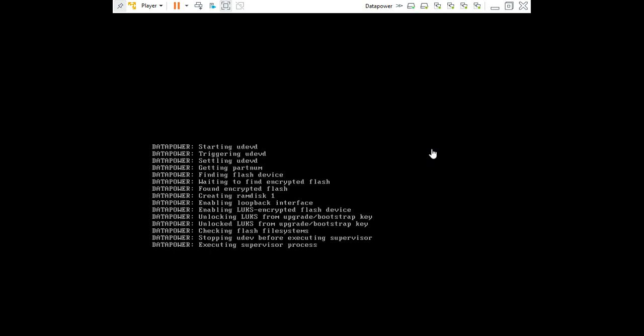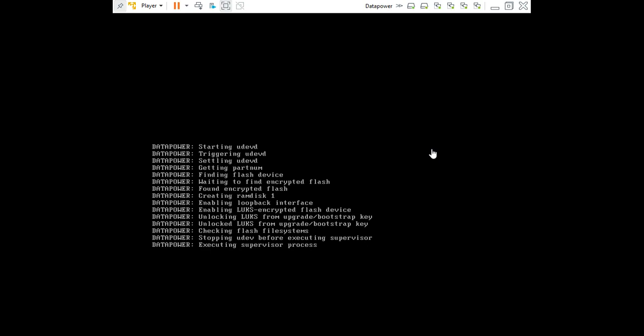So if you are going to open this DataPower virtual machine for the first time, then by default the username and password will be admin and admin. But here in this case I have already set my user login details, so for me it will be different. When you give your username and password, you are now able to open the DataPower appliance over the web page.